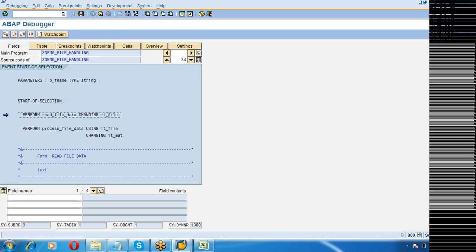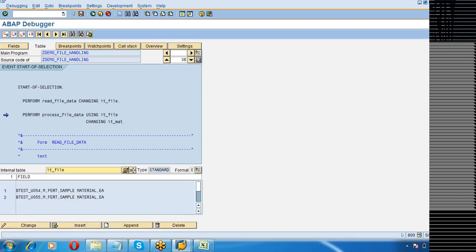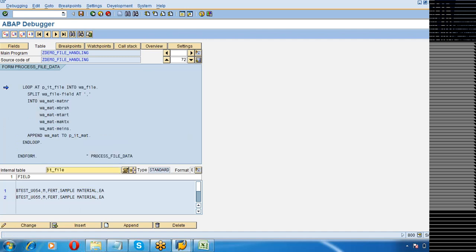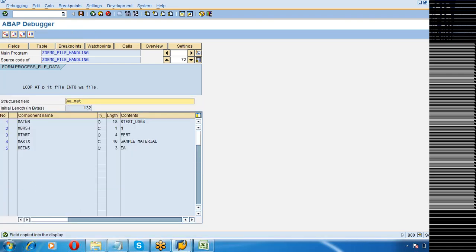First one was read file. After reading the file, the contents have come in. Now this is your file. We already know that this file contains 1, 2, 3, 4, 5 fields, and the fields are separated by comma. That is why I wrote the logic here: split the file content at the comma into 5 individual fields. Now, if you look at WMAT, you see it has split perfectly.